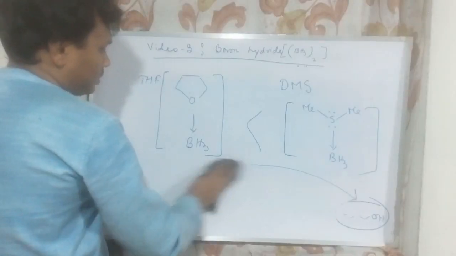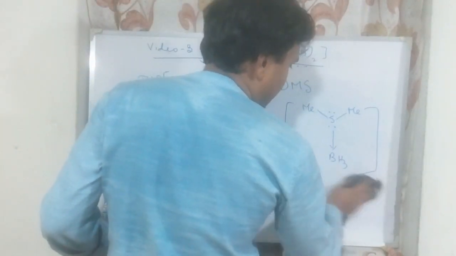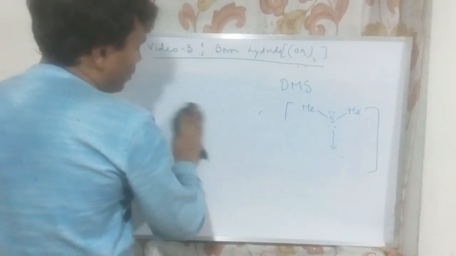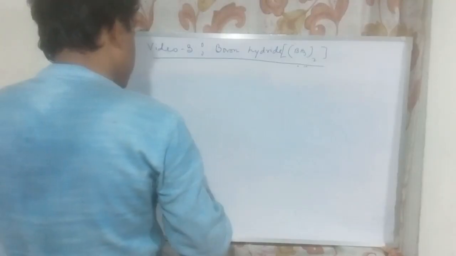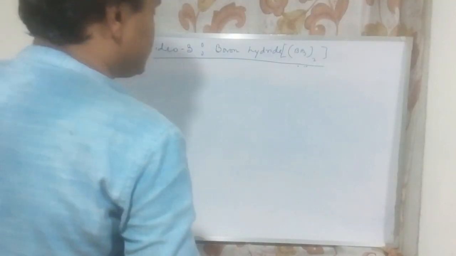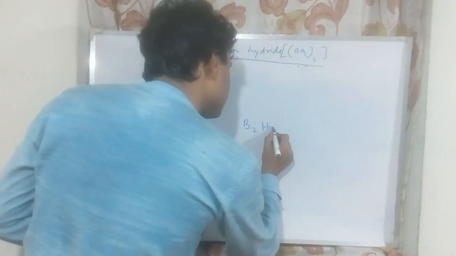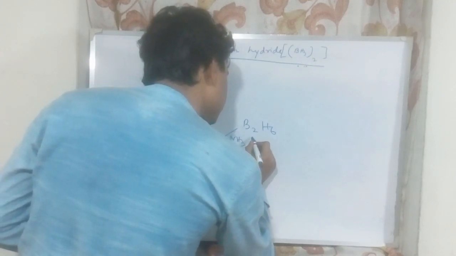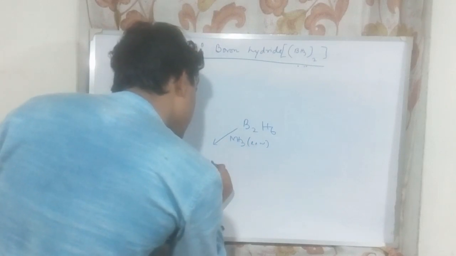But we know that nitrogen also has its lone pair, so it can donate, like in the ammonia molecule, nitrogen is attached to 3 hydrogen and it has one lone pair which could be donated, and in fact in reality this thing happens. This ammonia reacts with B2H6 and prepares different materials. For example, this B2H6 reacts with ammonia at low temperature. In presence of excess ammonia, low temperature, it forms this